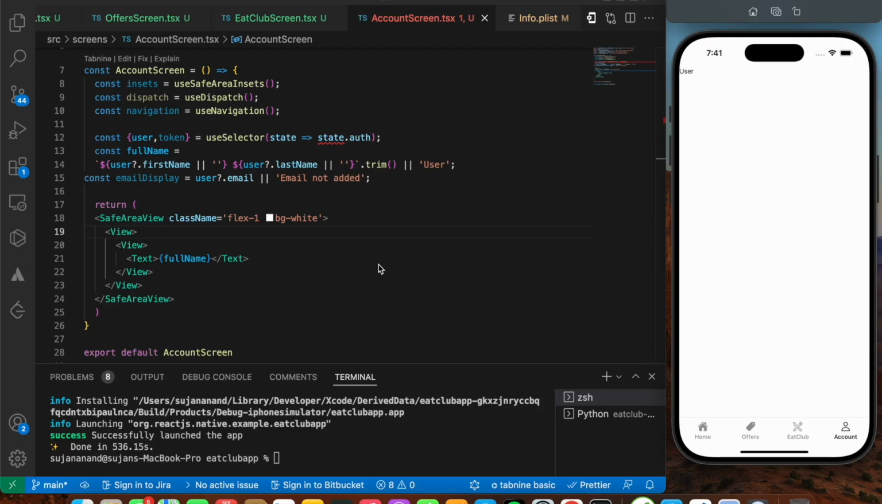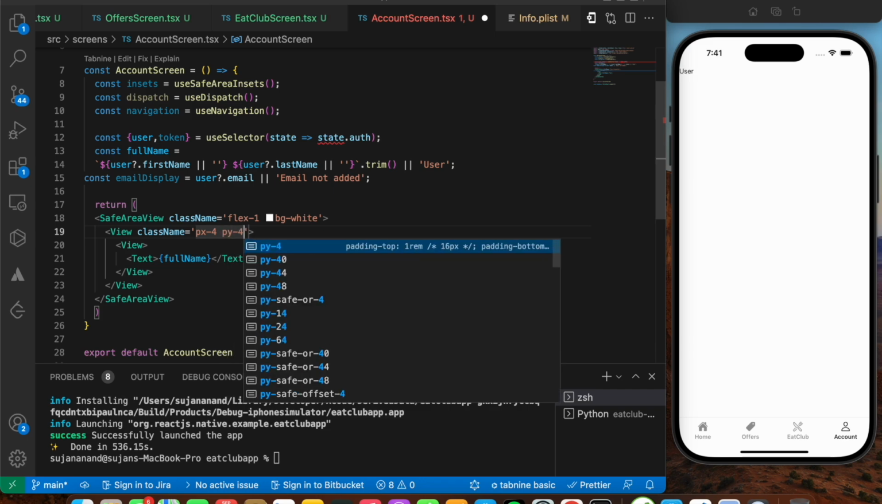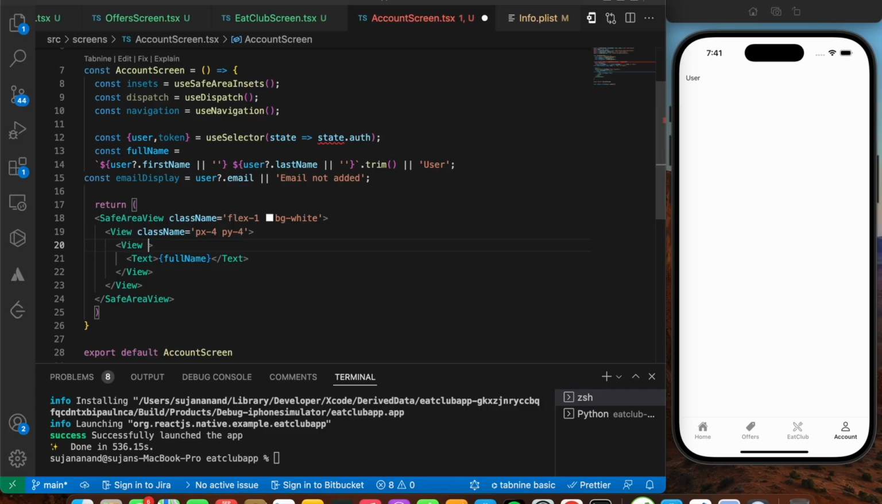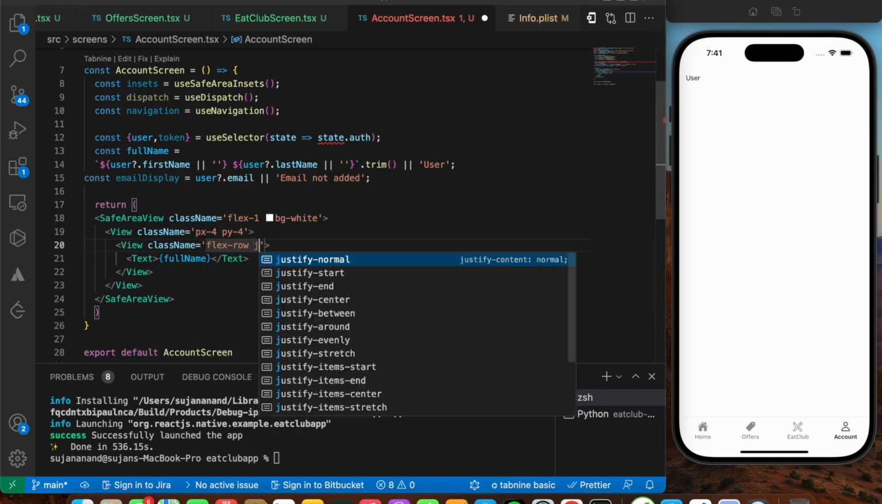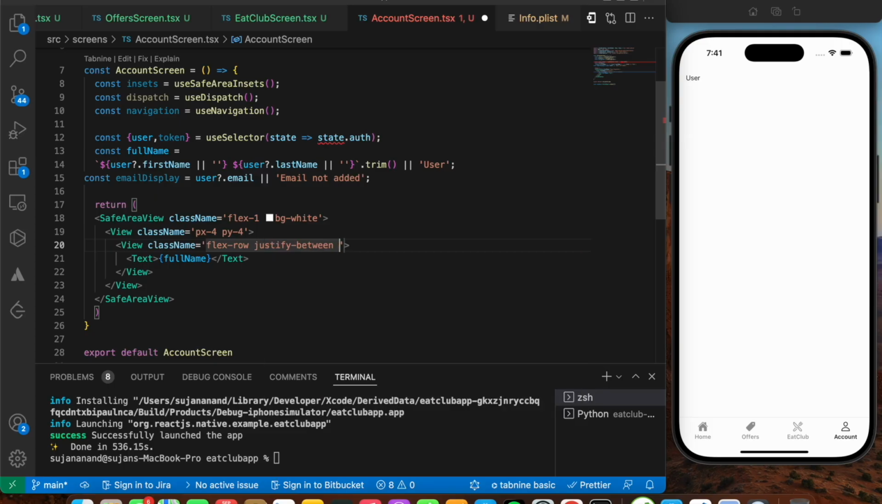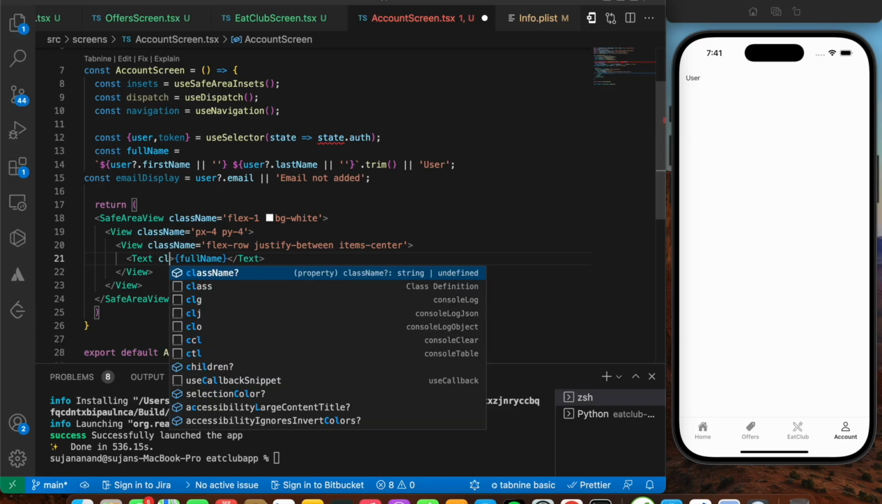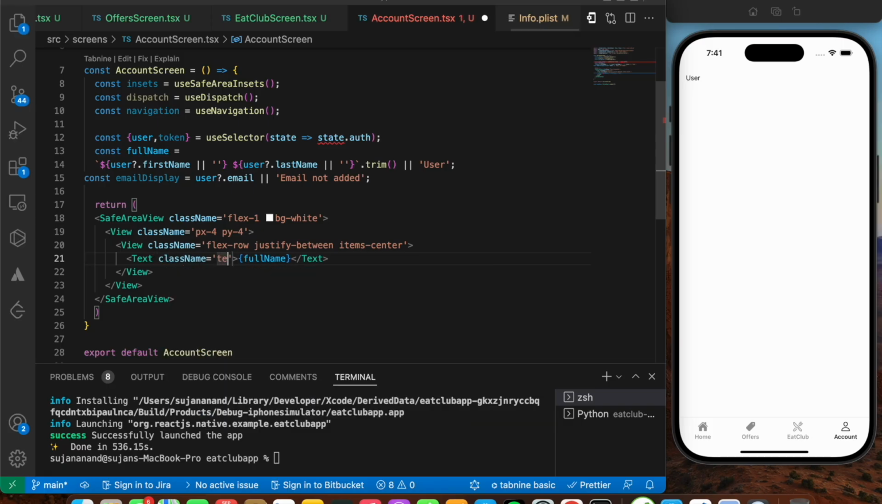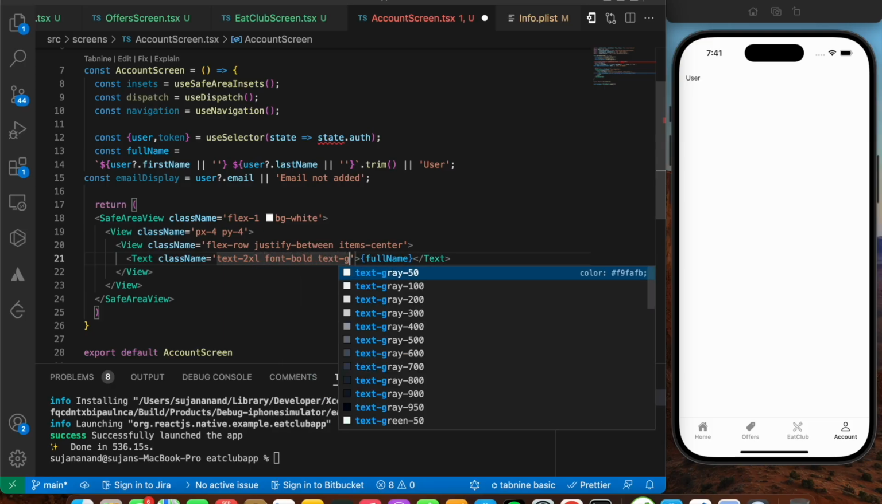So let's try to start styling this out. Initially, className over here, px-4, py-4. Save that. For the view, I'm going to say className, this in turn is going to say flex-row, justify-between, as well as items-center. For this I'm going to say className. For the full name, this in turn is going to have a text-2xl. Font is going to be bold, as well as text-gray-